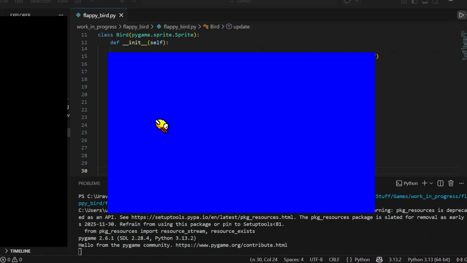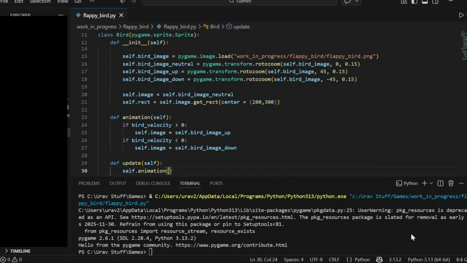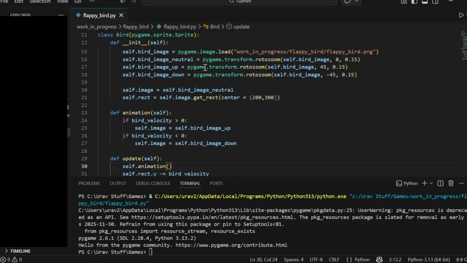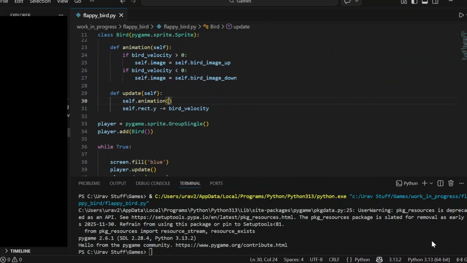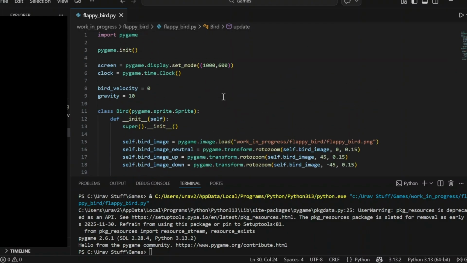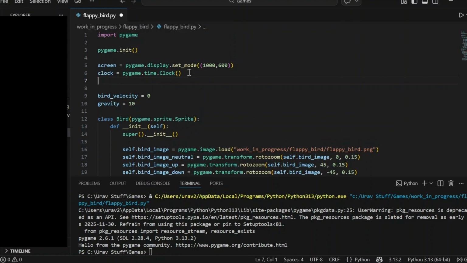Yep, we can see I'm pressing jump and it's going up and looking up, and then as it starts falling down, it looks down. Alright, that's our bird function pretty much complete. One last thing I'm going to do is add the sound of the bird jumping. We all know the iconic sound from the actual Flappy Bird game, so in order to do that, I'm going to enable the sound functionalities of Pygame, and